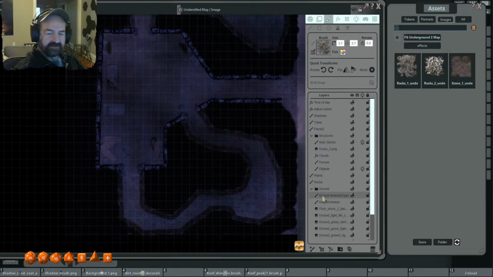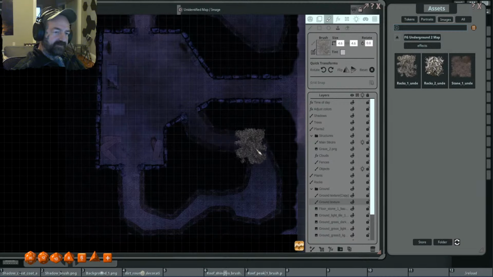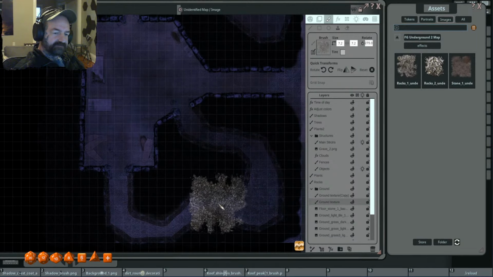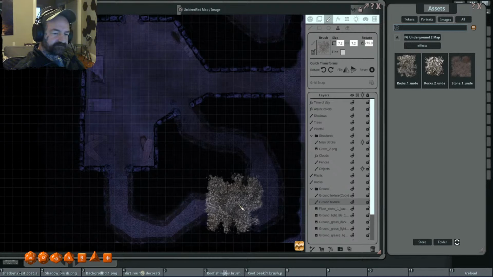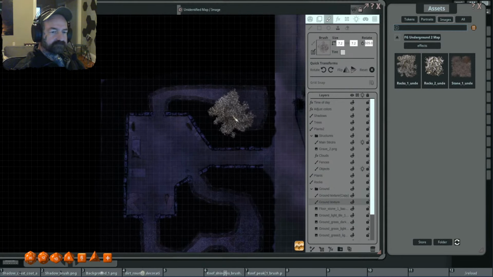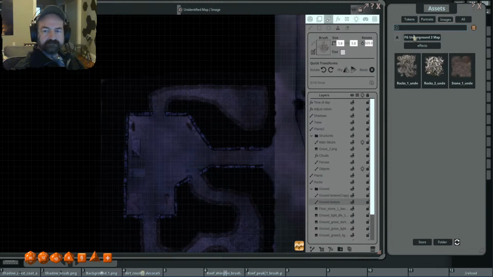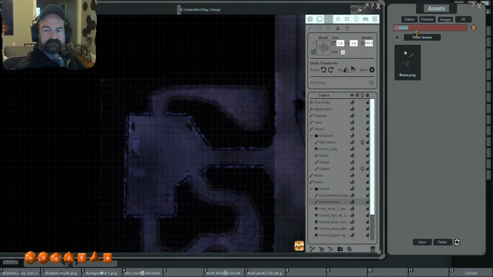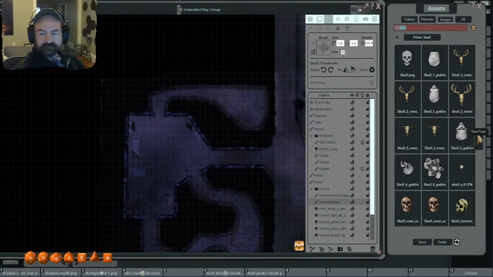I'm going to go back down into the textures, drop down my opacity a little bit here, and we'll make this kind of feel like it is not so refined. Yeah, so in our goblin package here,